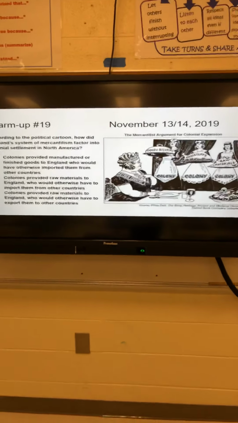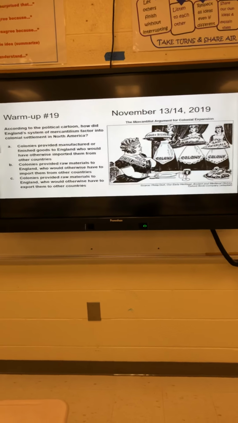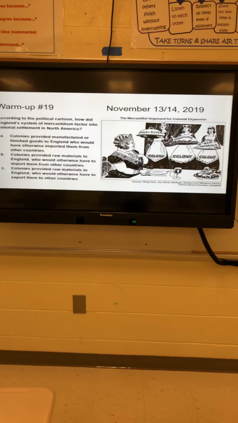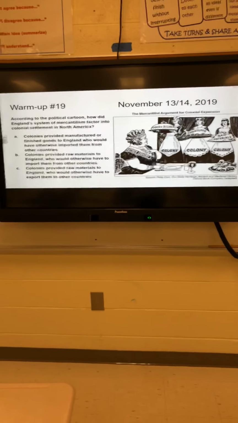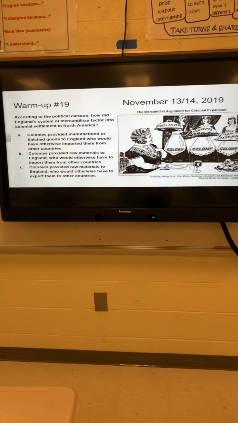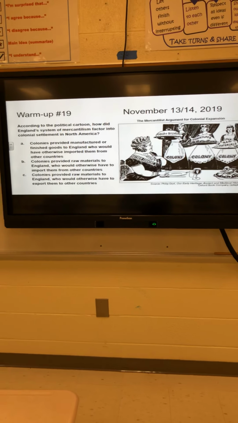You had this multiple choice question based on this political cartoon that would have gone with the notes that we did last class. Challenging warm-up, it's actually a high school warm-up. I just removed one of the answer choices, and this used to be on an honors American history test, hence